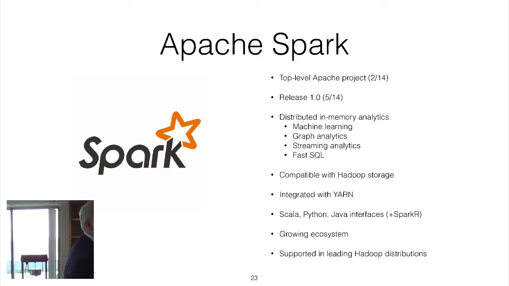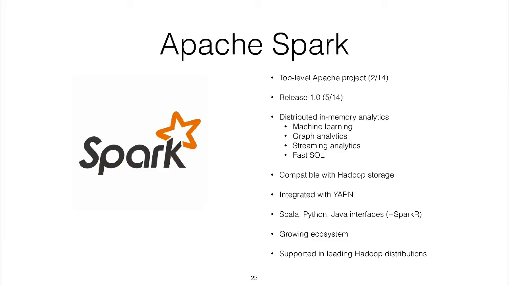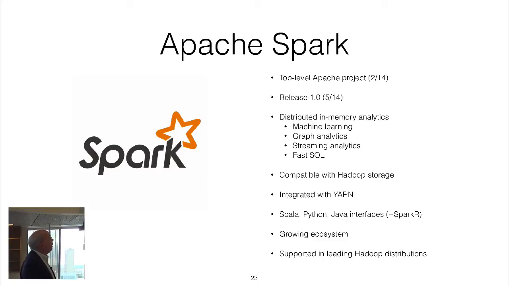The cadence of development and maturity for Spark is breathtaking, to be honest. They're moving incredibly fast. As of May, they are release 1.0. A rapidly growing developer community, more than 100 people contributed to release 1.0, up from about 70 for 0.9 in December. It is a distributed in-memory analytics framework that the